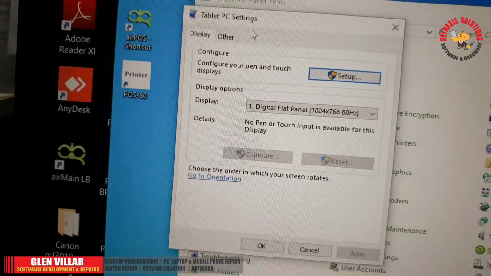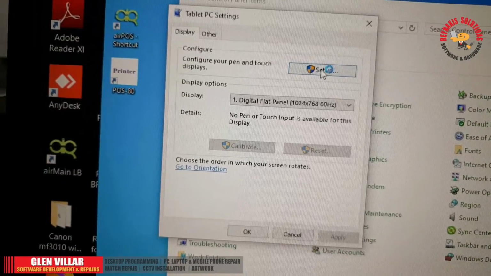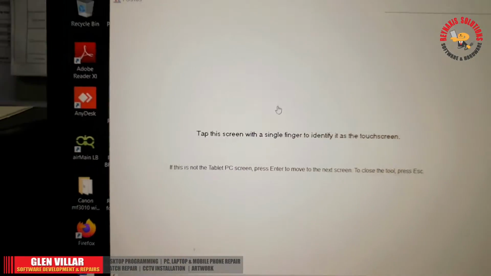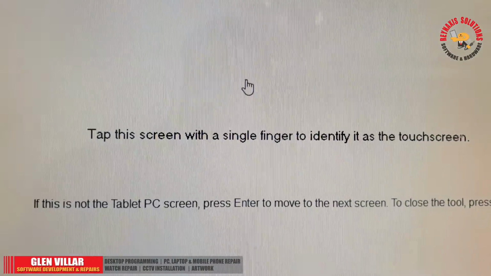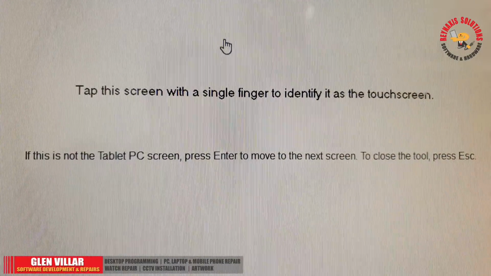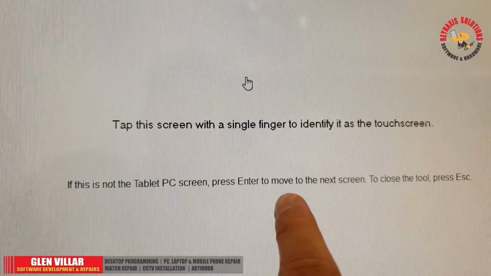Here is where we are going to configure the touch response setting. Click on setup button, and as you can see from the screen, it's asking me to tap on the screen to identify it as the touchscreen LCD. So I'm gonna tap it gently,